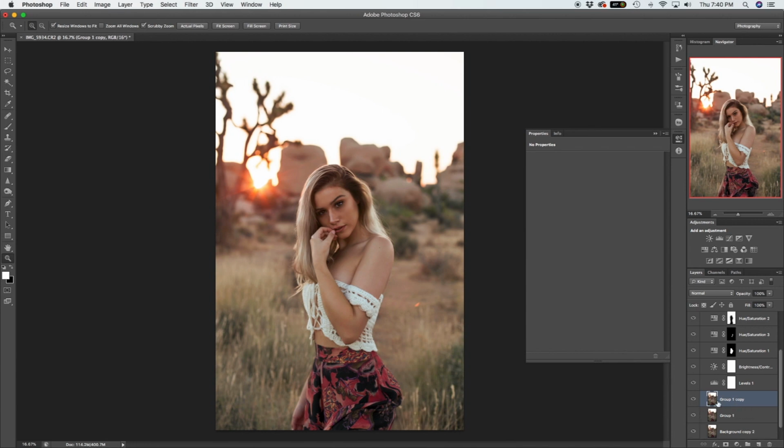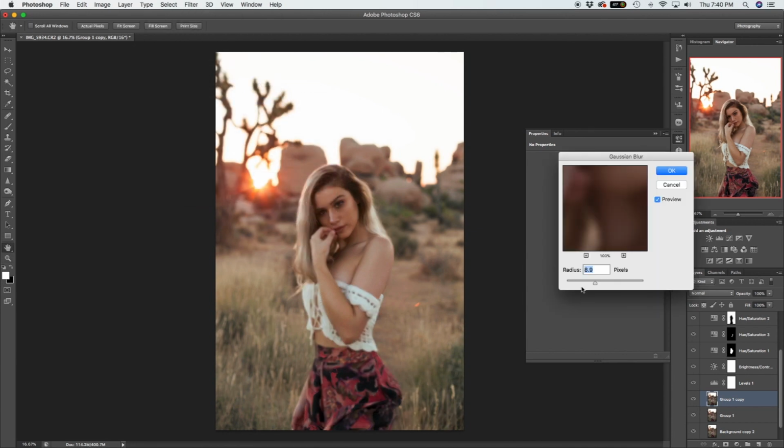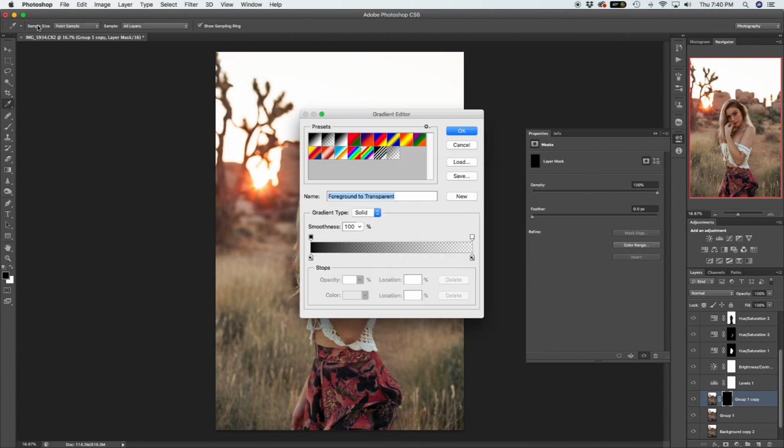All right. So what I'm gonna do last, and this is something I personally like to do, I'm gonna use Command J, create another copy, or you can drag and drop. Filter, blur, Gaussian blur, and I'm gonna bump that up to like, let's do 13. Okay, and then I'm gonna use a layer mask, Command I to invert it, and then I'm gonna press G for gradient,